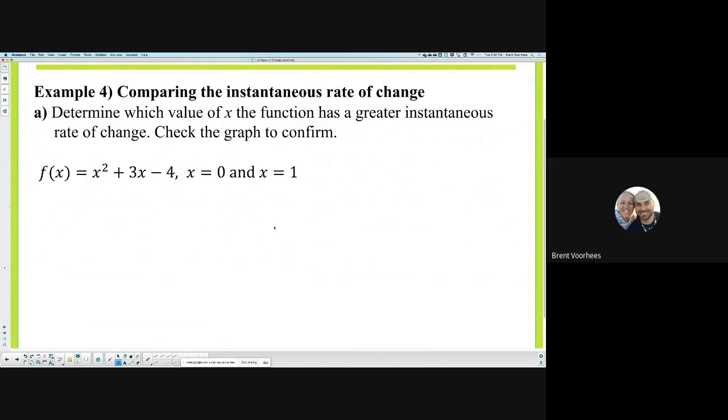Now, we can look at the graph. It says check the graph to confirm. We can plug in our numbers, though. So we're going to first do this the way I've been showing you. We're going to create the numbers, and then we'll check the graph and make sure it's accurate. Okay, so first,